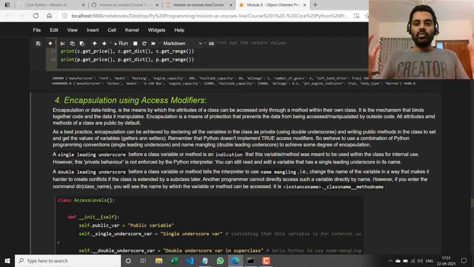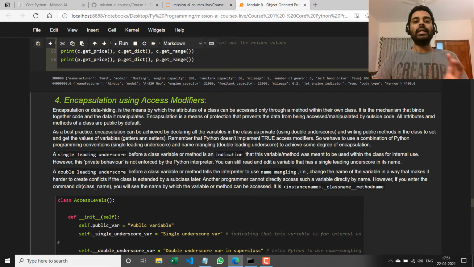Encapsulation is a way of putting this layer of protection around the data. Okay, and all you're saying is I don't want people to randomly access attributes and methods from outside the class. They should only be accessed within the class definition. Okay. If you want them to access it, you can expose those variables using getter and setter methods within the class. Now, if you use a single leading underscore in a variable name, it indicates to other programmers, and it only indicates, not like Python enforces anything. Okay.